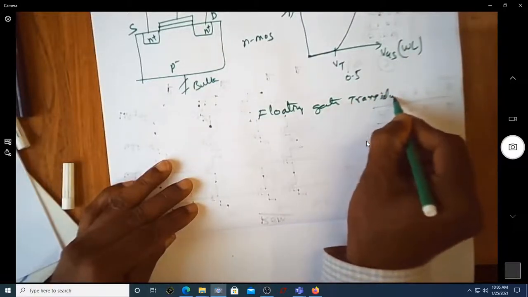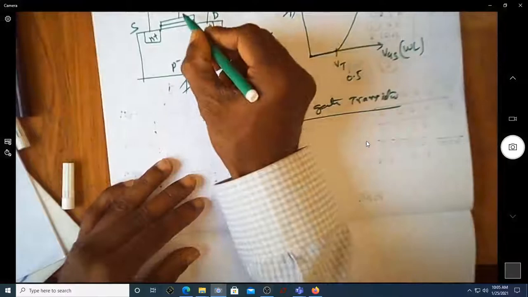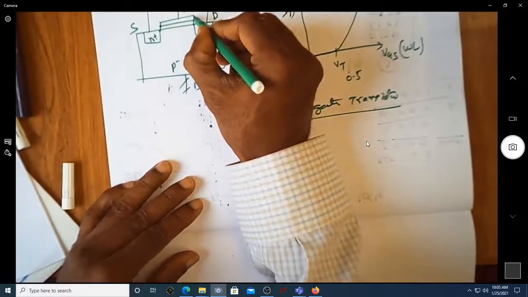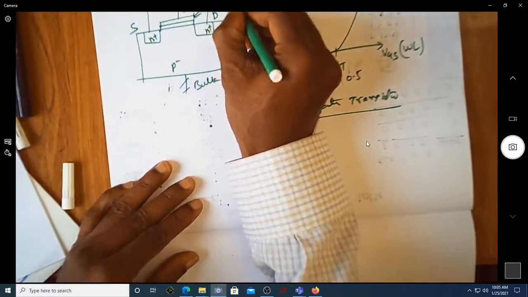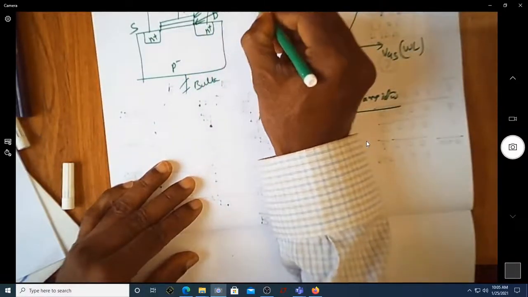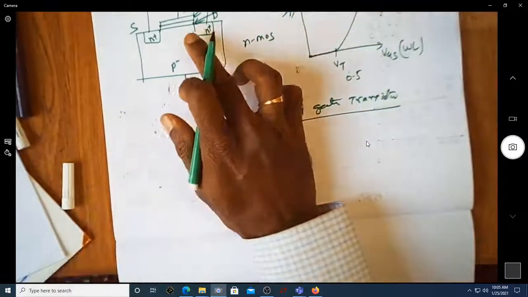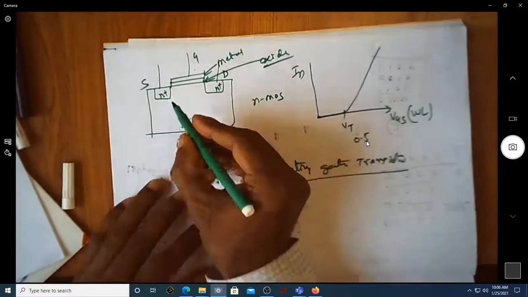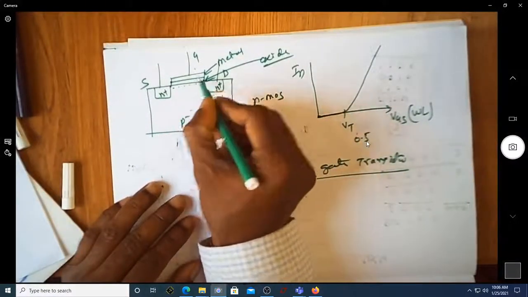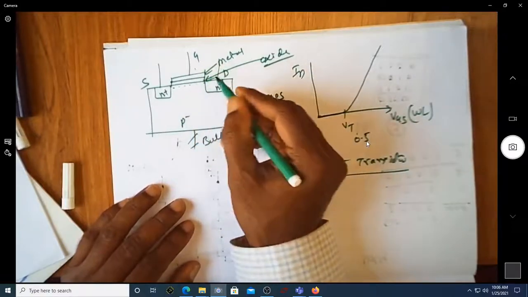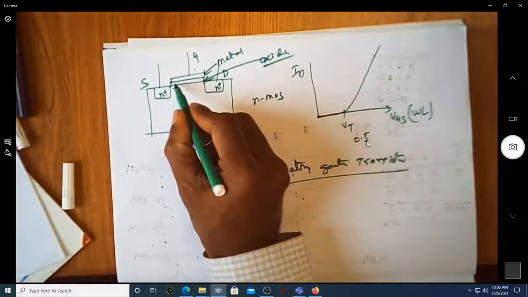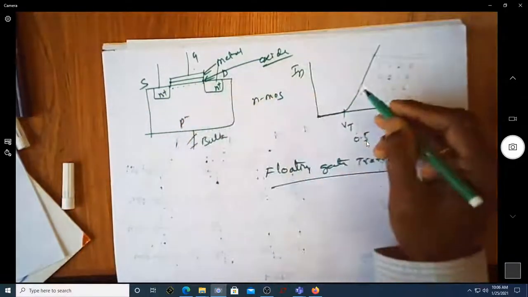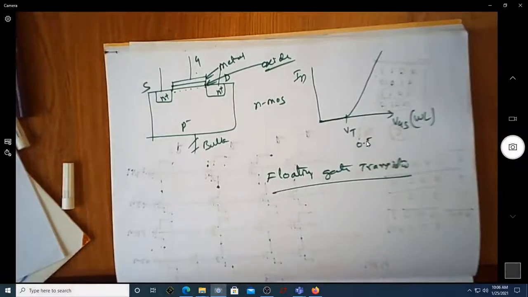As the name itself indicates, of course we know that there is a gate structure here. This is source and drain. In this gate structure, this is metal and this is the oxide, which is responsible for the channel being created down here. So this is your channel creation. Once you apply VGS greater than the threshold voltage, the channel is formed, which makes the current flow through it. Then we say the transistor is on. So to have